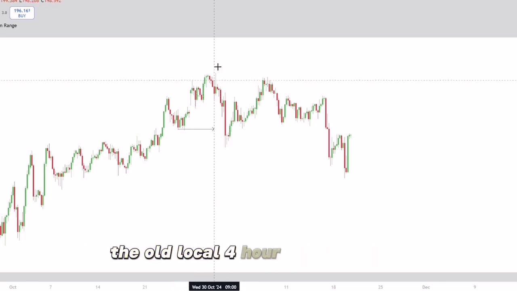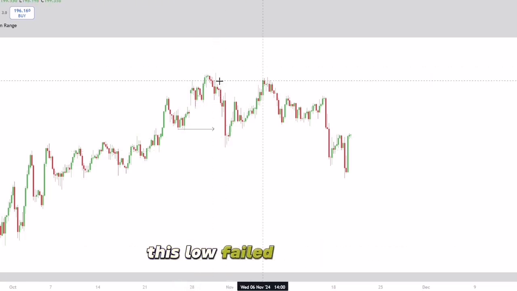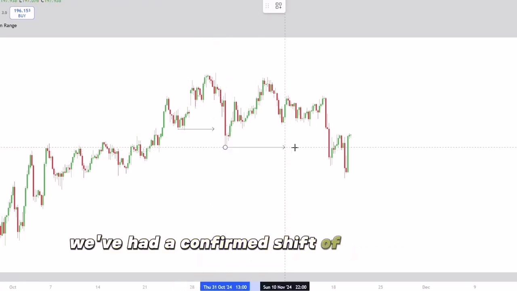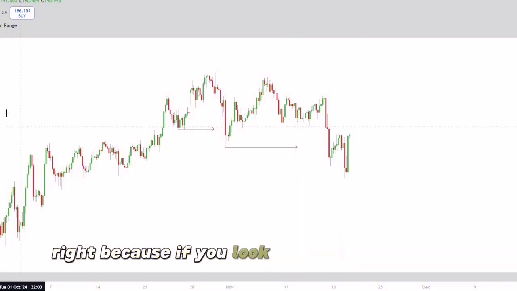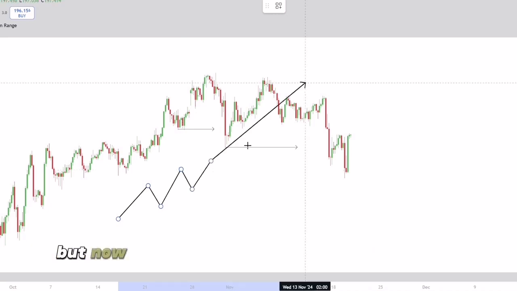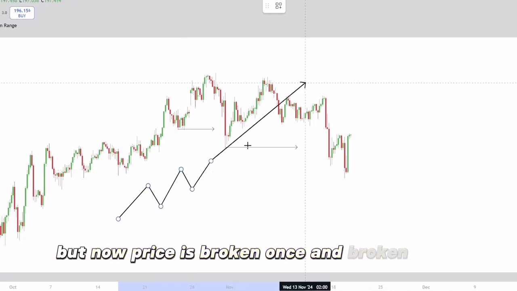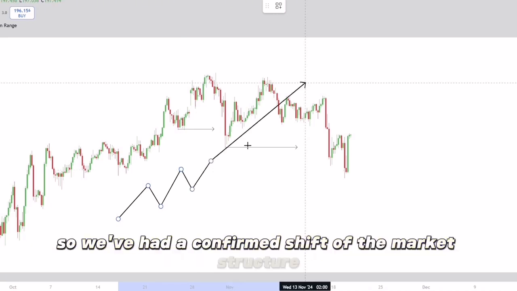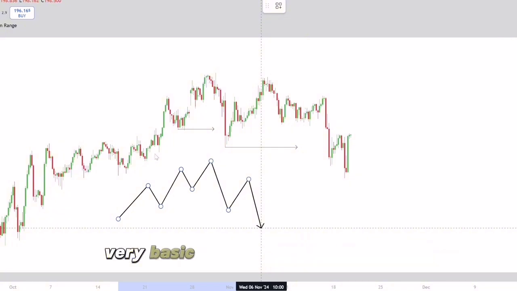The old local 4-hour high was here. This low failed to do so. So now we've had a confirmed shift of our market structure, right? Because if you look to the left, price is making new highs. But now price is broken once and broken again. So we've had a confirmed shift of the market structure, as you can see from this very, very basic kind of head and shoulders